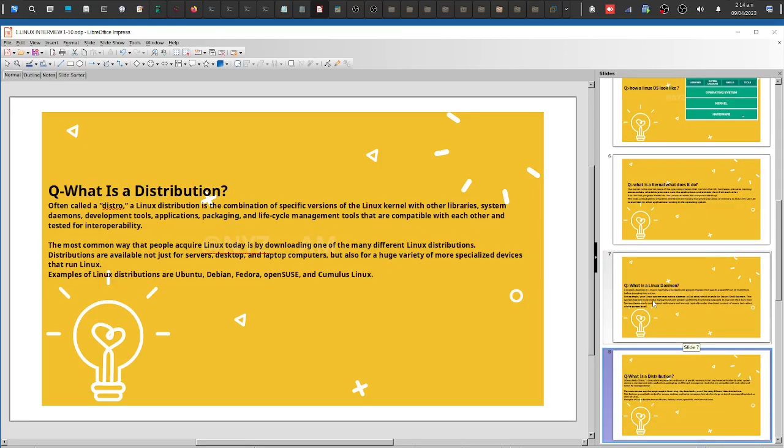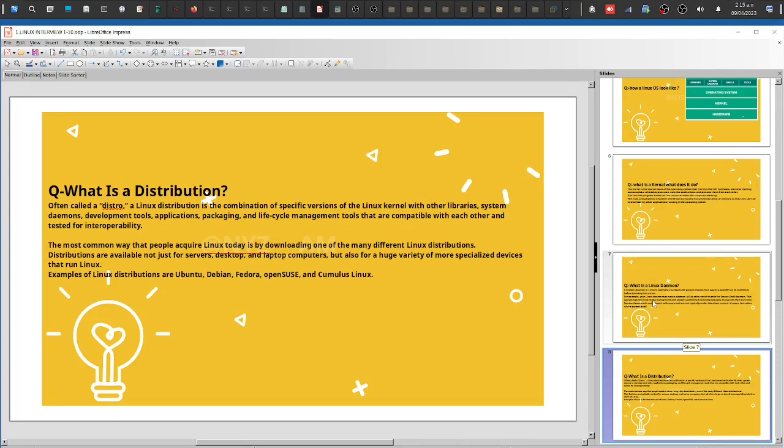And the next question is distribution. This is a main topic: Linux distribution. You may already know Linux is the most widely used and very famous, with a lot of libraries, system daemons, developing tools, applications, packaging, life cycles. A lot of stuff is happening in the Linux distribution. There is a wide variety of interoperability, and it is used widely in a lot of areas,